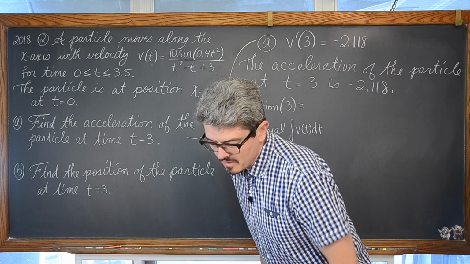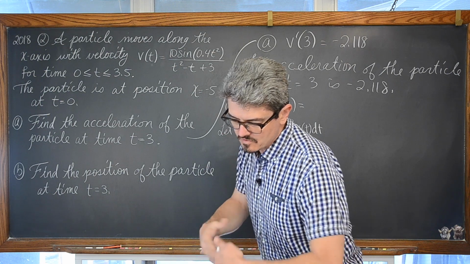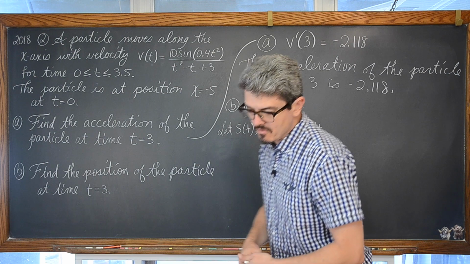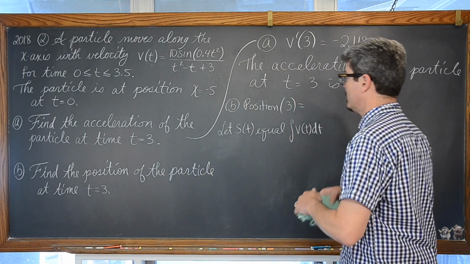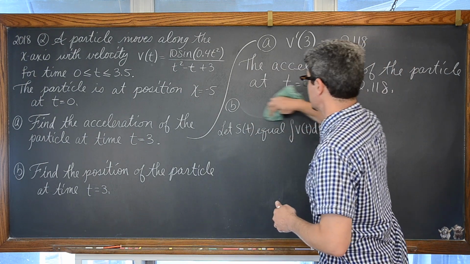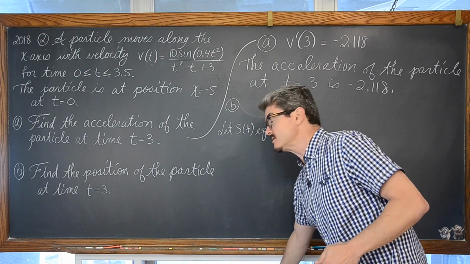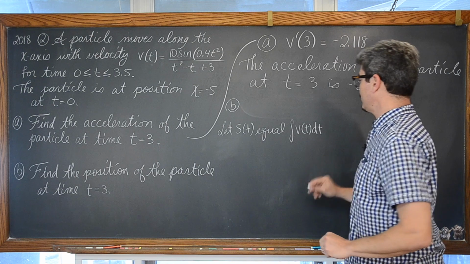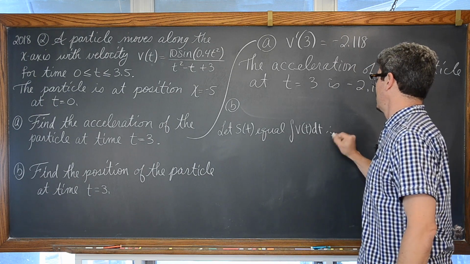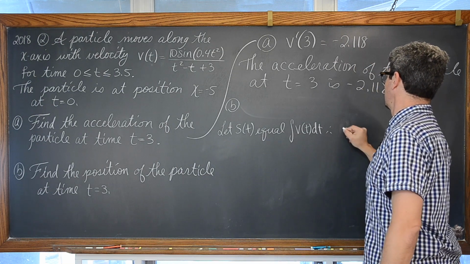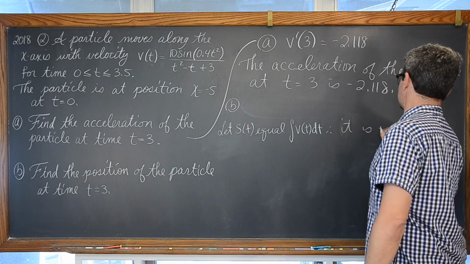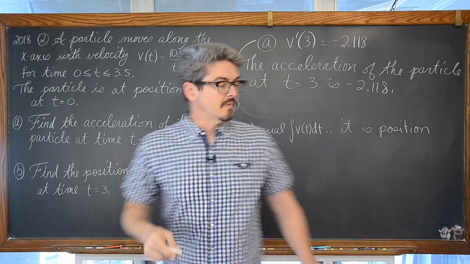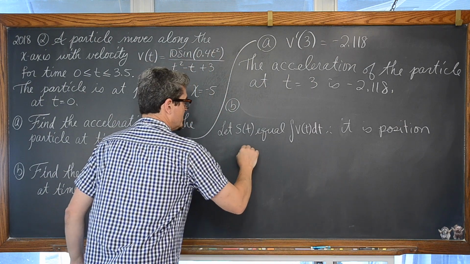As I glance down, they're basically just seemingly arbitrarily using a new function name, but I've seen in my years of teaching AP Calculus where that could bite you in the butt. So I'm going to define a new function as the integral of velocity, and thus it is position. Maybe overkill, but I want to make sure that we get as many points as possible.